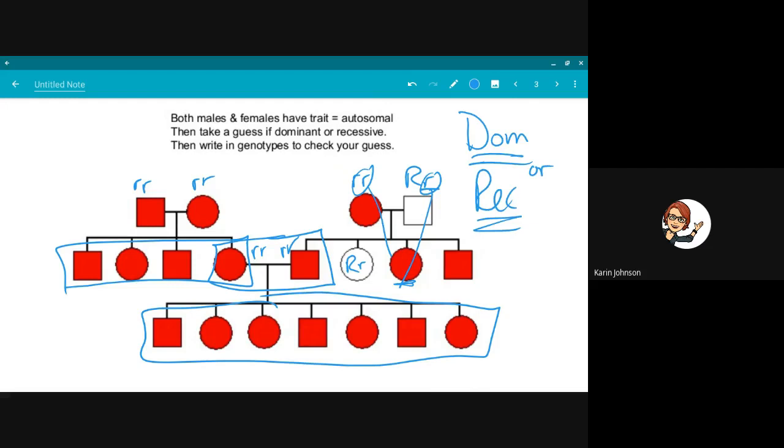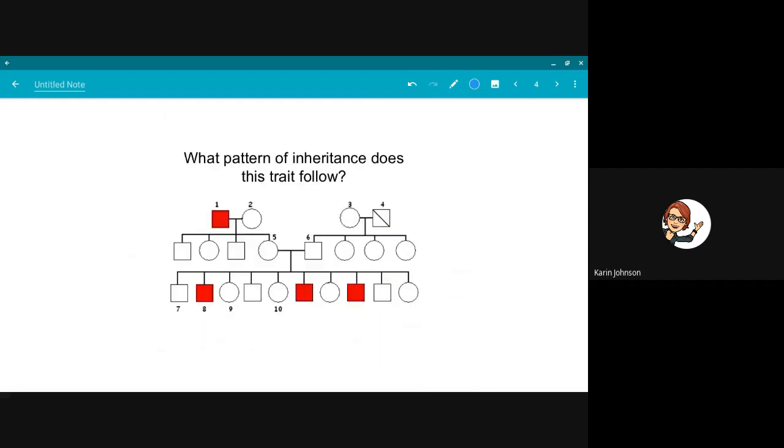All right, moving on. I should erase it, but I'm running out of time. What pattern of inheritance does this trait follow? By the way, I'm not entirely certain why they put the line through number 4. It varies from pedigree maker to pedigree maker, but sometimes the line through it means that they have passed away. So I'm going to assume that number 4 is dead, but all the others are living. Often when you see a pedigree like this, lots of people are dead because it's many generations